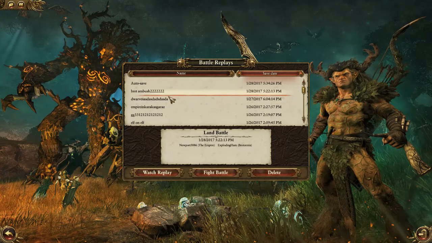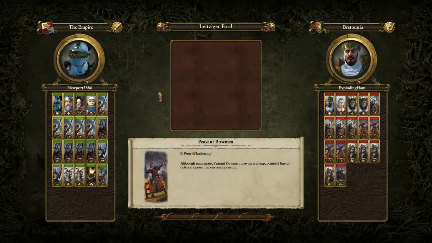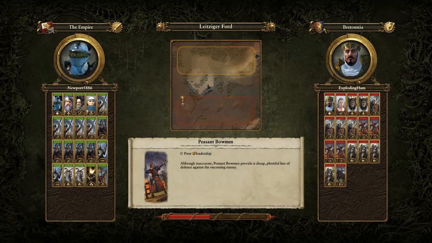Today we are going to be looking at an Empire versus Bretonnia matchup. And it's on this Leitziger Ford map, which causes me all sorts of headaches